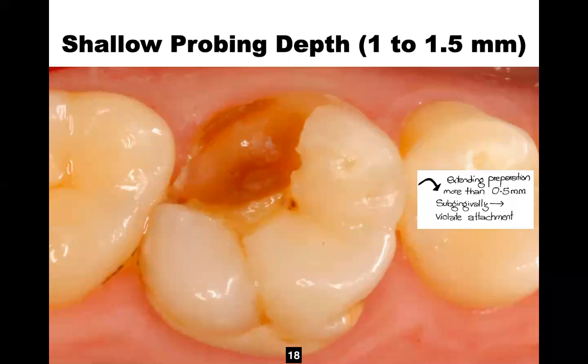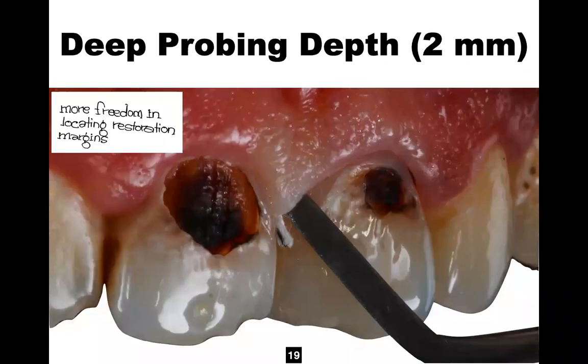So it's trying to say, this is the criteria in front of you. Now you have to plan your treatment accordingly. So the first case is shallow probing depth. The second one I have is deep probing depth. It is 2 mm. Now if a depth of 2 mm is coming, which most young individuals and young adults will have, you, me today, if you probe your teeth, you're going to see something which is more than 2 mm or definitely 2 mm.